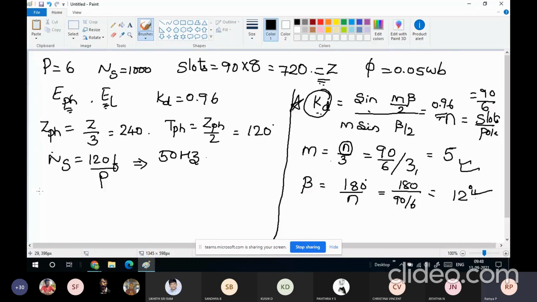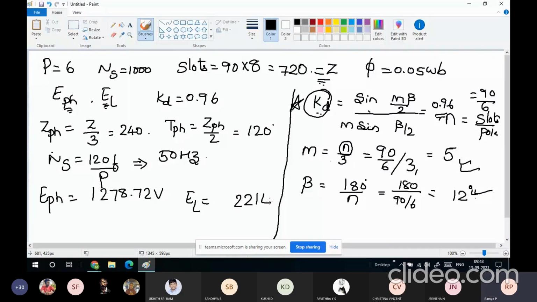Similarly, you calculate E phase using the formula 4.44 Kc Kd f phi Tph. Using that, you can calculate it as 1278.72 volts. Similarly, for the line voltage, it will be root 3 times E phase, which is